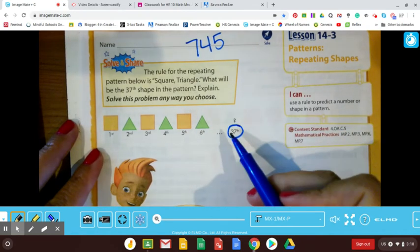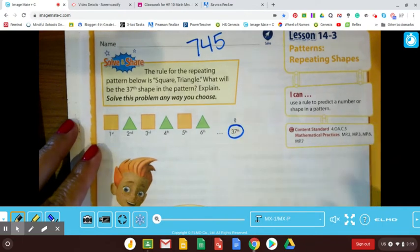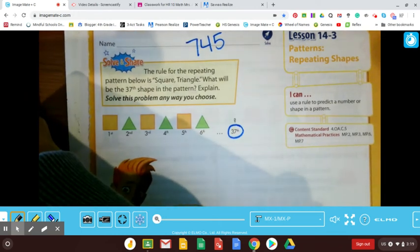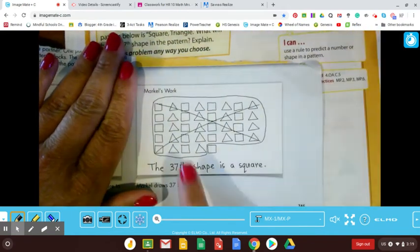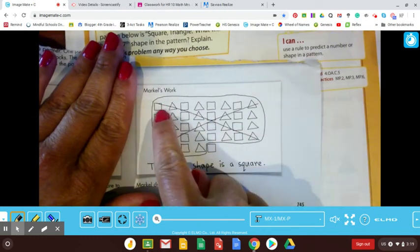The hard way would be as if we could keep drawing this out, right? We could keep drawing and drawing and drawing and then count, and whatever the 37th shape is, we could do that. In fact, I want to show you. I'm actually going to rip my book. I can't believe I'm doing this. I'm ripping it right out for you. Okay, so this is an example of a student's work who did it this way. He kept repeating the pattern,